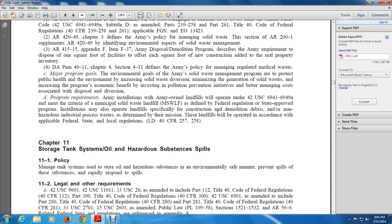11-1 Policy. Manage tank systems used to store oil and hazardous substances in an environmentally safe manner, prevent spills of these substances, and rapidly respond to spills. 11-2 Legal and other requirements: 42 U.S. Code 9601, 42 U.S. Code